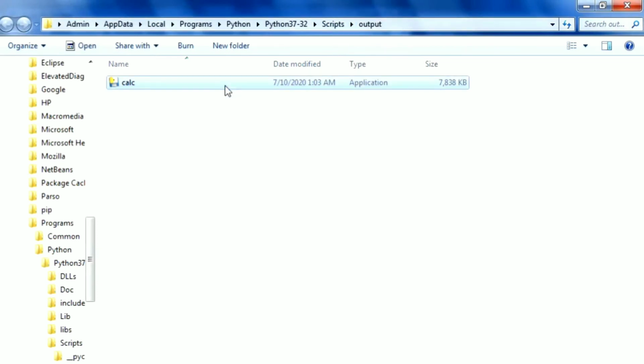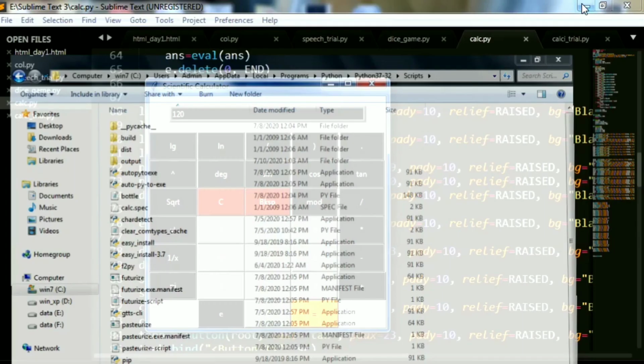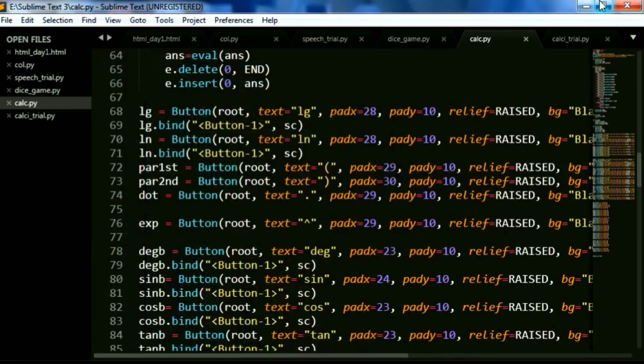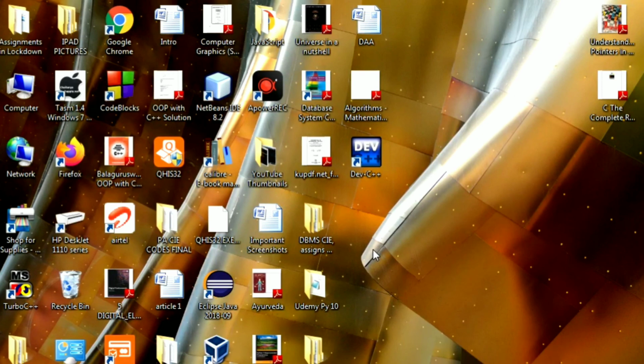Now what I'm going to do is copy it to my desktop so that whenever needed I can just simply open it. That was our main point, right? So that we don't have to continuously run it. Okay, so I'll just say paste, and that's it. We have our calculator